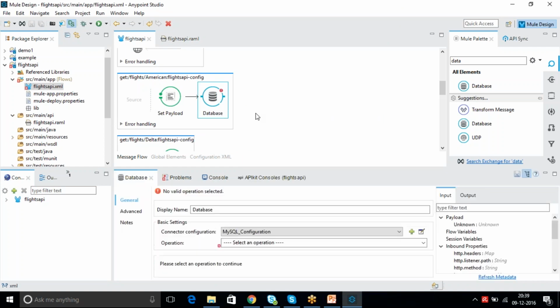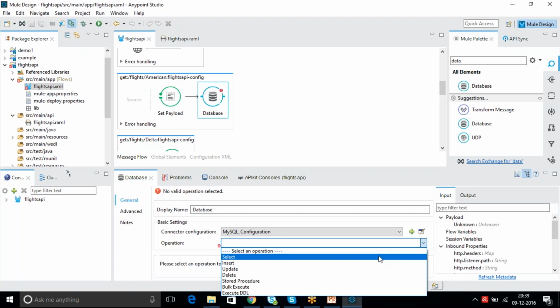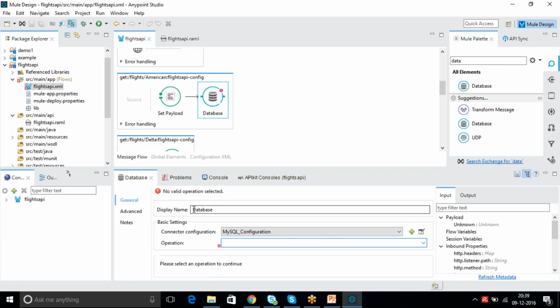Still there is some error, right? That means you need to select some operation here. So your connection is done, but what are the operations you are going to connect? And also we'll give some name. Okay.